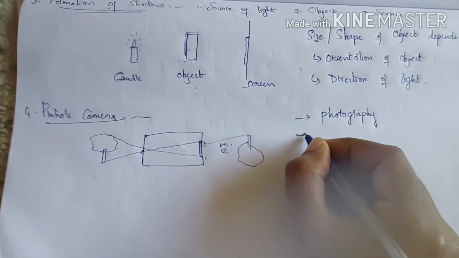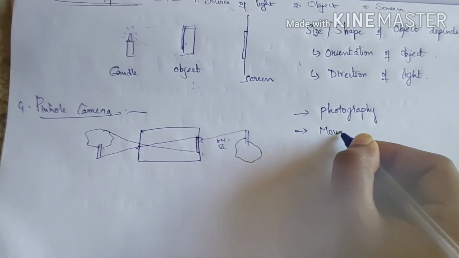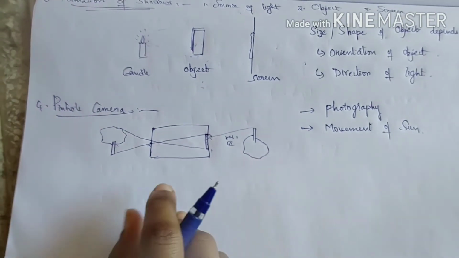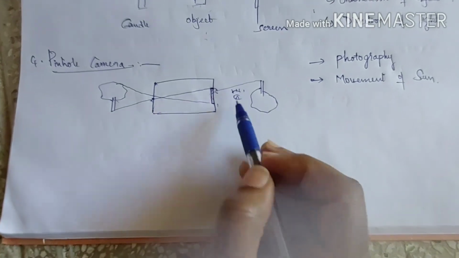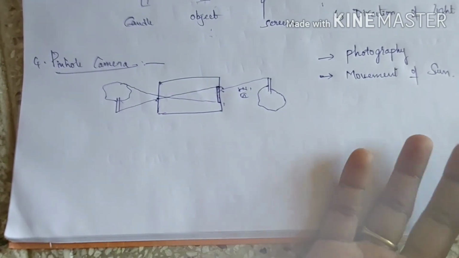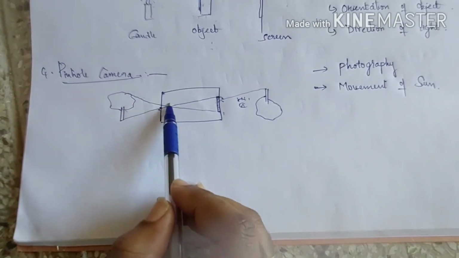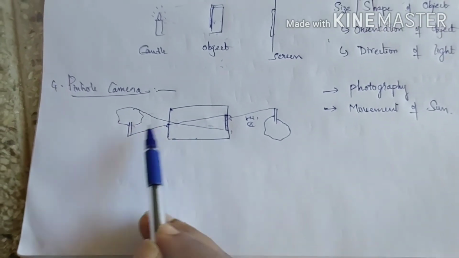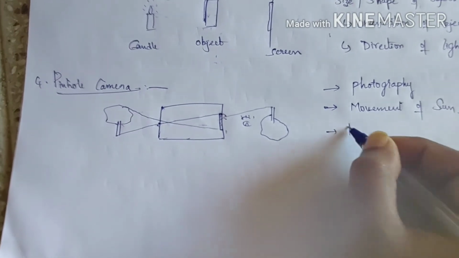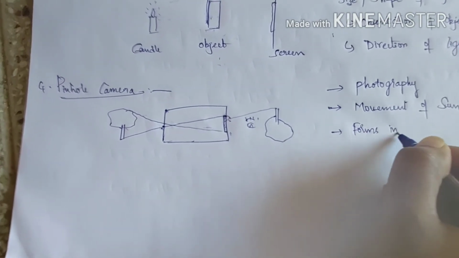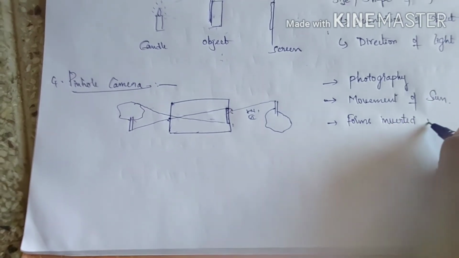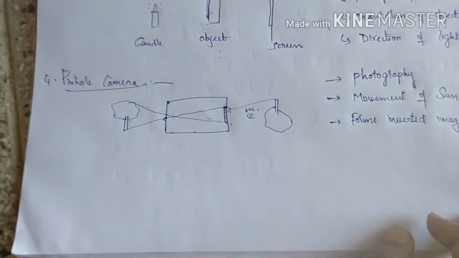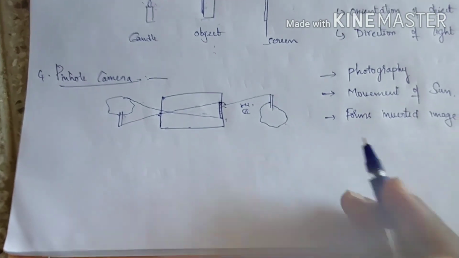So this is the basics of the pinhole camera, which is used to learn photography, and to learn the movement of the sun over a long time. So the pinhole camera basics are very important. You have to use a light proof cardboard box. Here it will be crossing somewhere else, but I have written it for your understanding. So here it will cross and form an inverted image. Keep this hole very small. If it is large, you will get a blurred image. The image will not be clear.